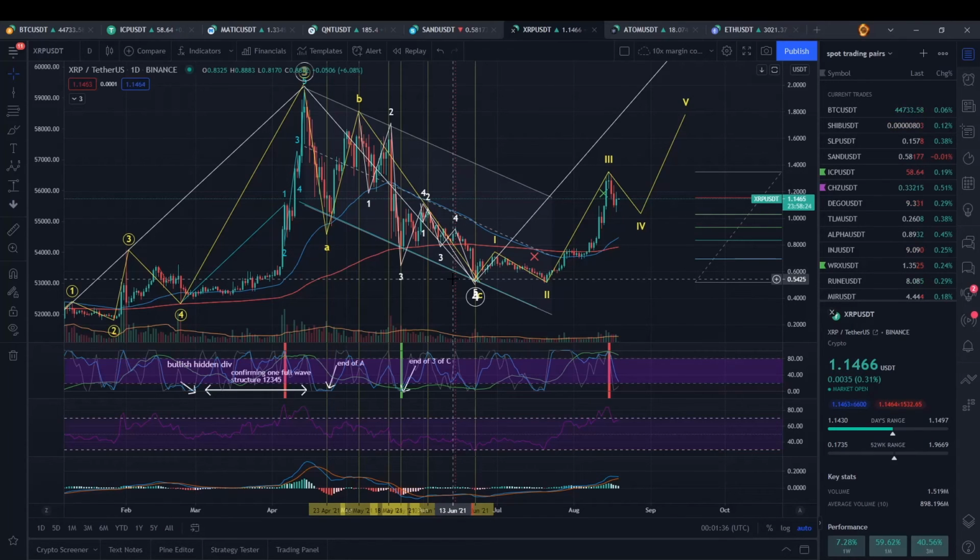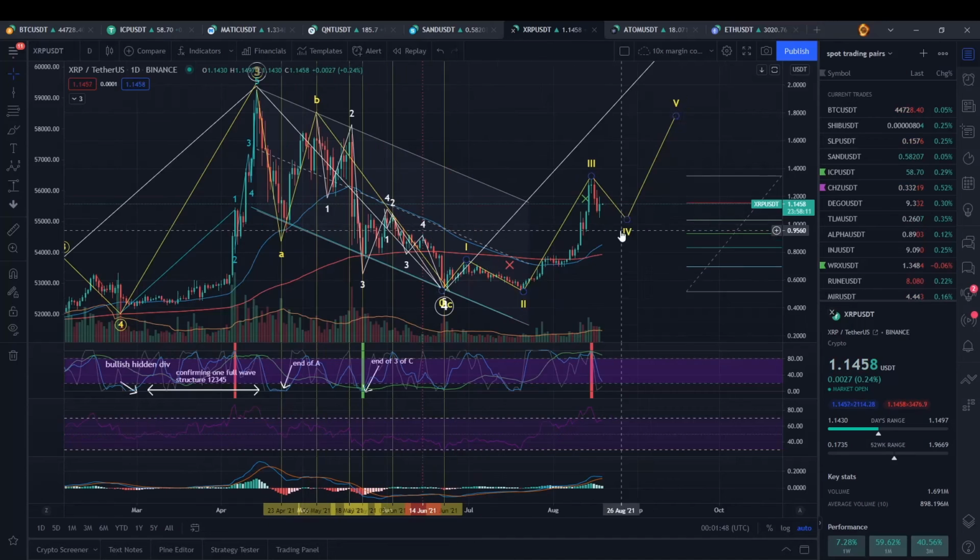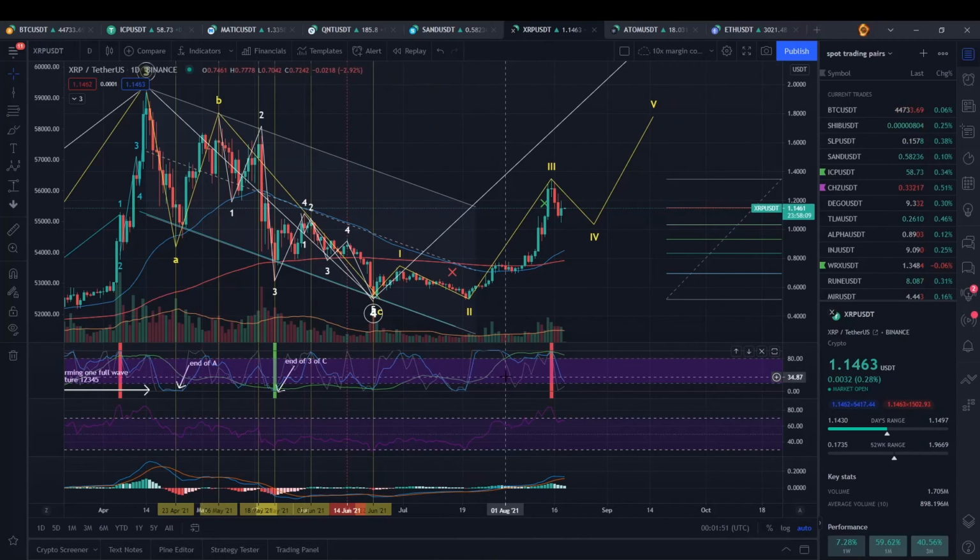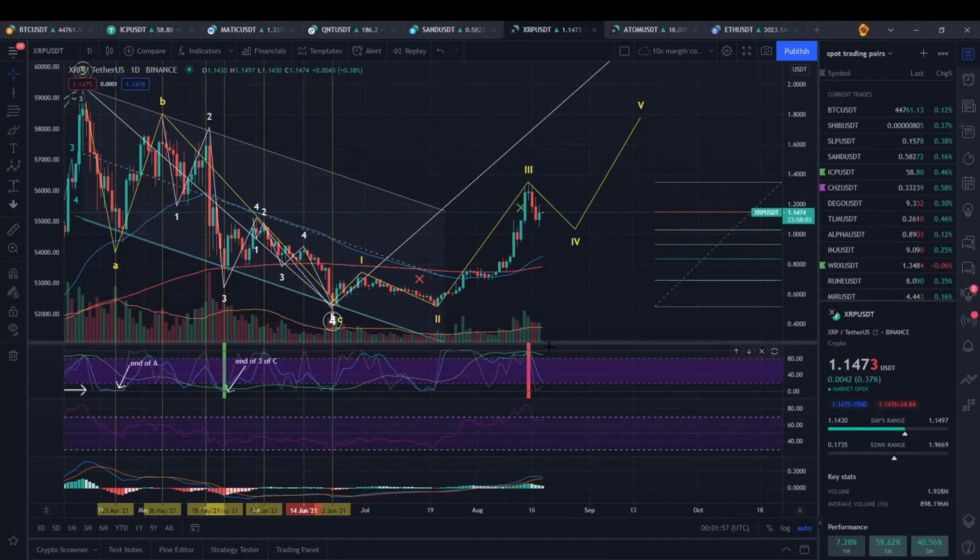When it's in the middle, there's very little you can read unless you have a really good picture from your TA in general and you're just reinforcing it with it. And then when it's overbought, you can buy the dips. It's as simple as that. Buy the dips when it's overbought, and at the beginning or in the middle, but not at the end, because